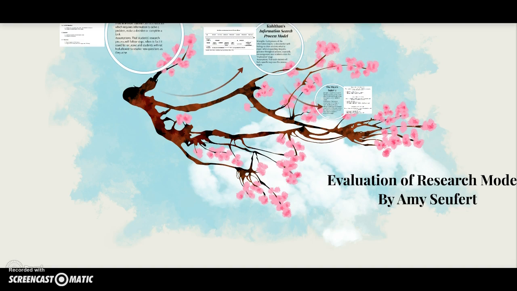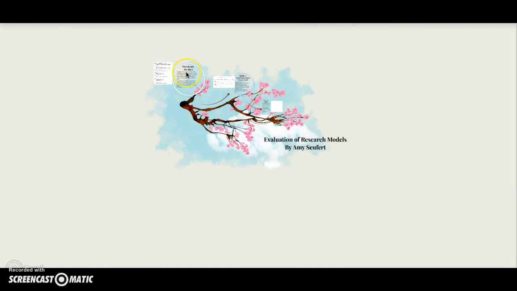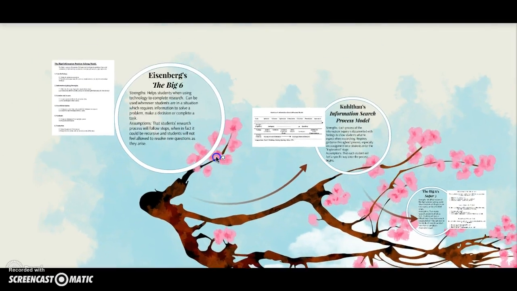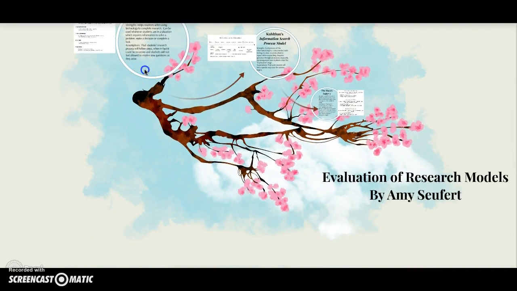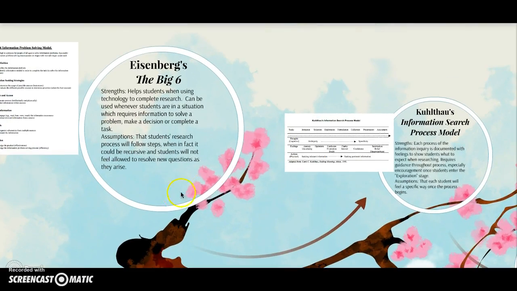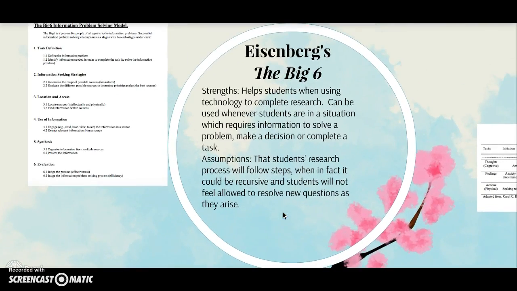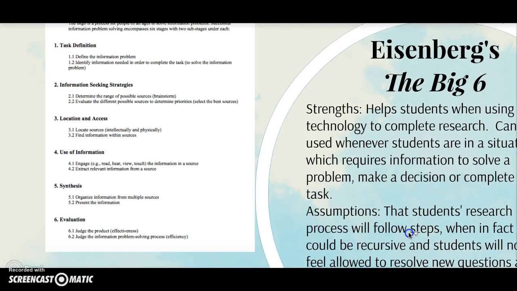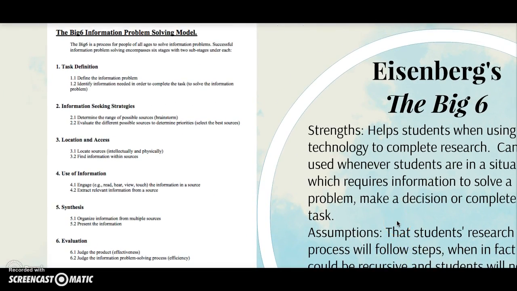So let's go through these three processes and compare them. The first one we're going to look at is Eisenberg's Big Six. So we will zoom in here and get this started. Zooming in right now. Okay, so looking at the Big Six, first the example here, it starts off with task